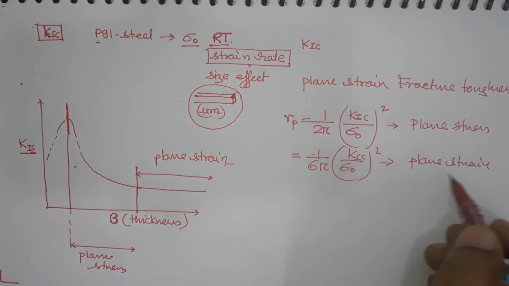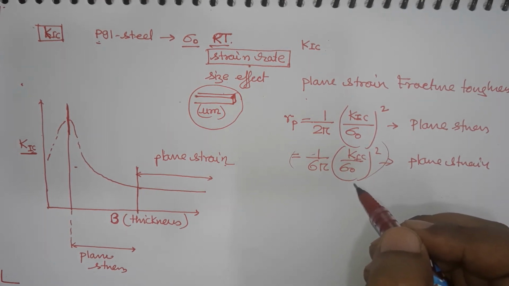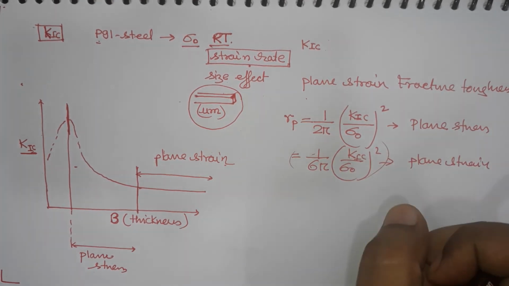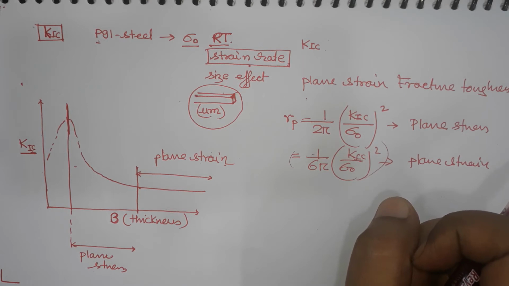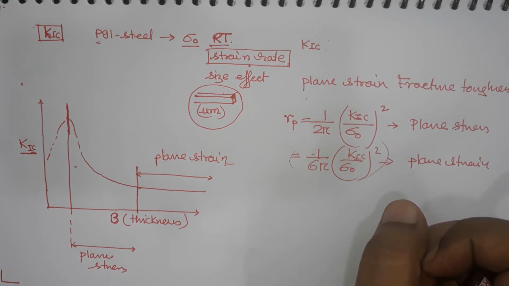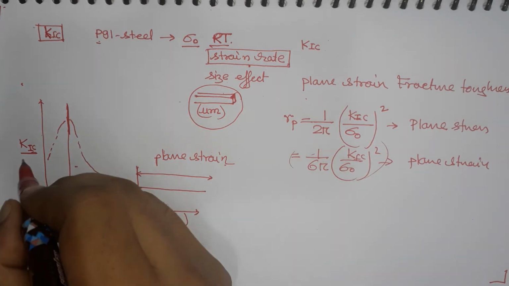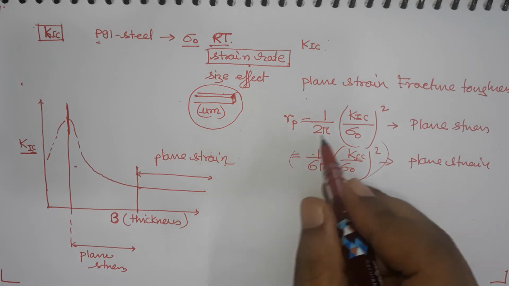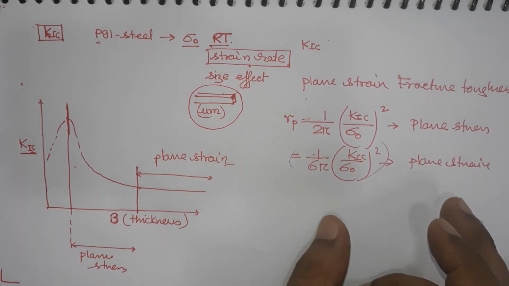So, you see that in plane strain condition the plastic zone size is smaller, and in plane stress it is higher. So, that means in plane stress you have a larger area which is going under plastic deformation. So, if we have to do this testing, we need to ensure that this plastic zone is very, very small. If not, then